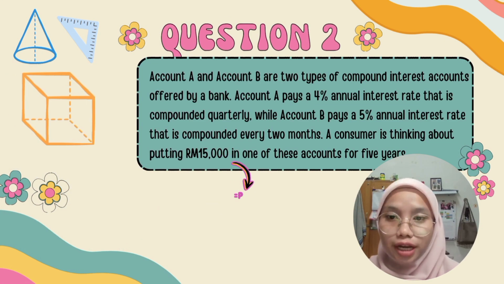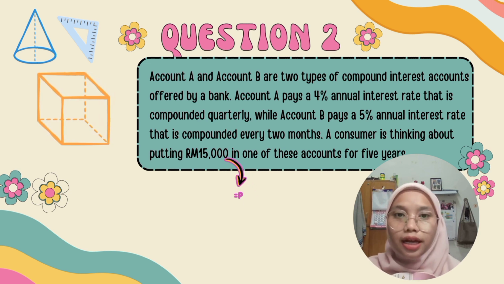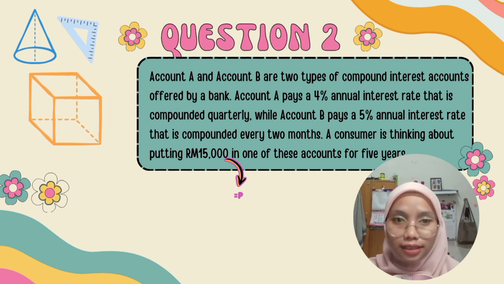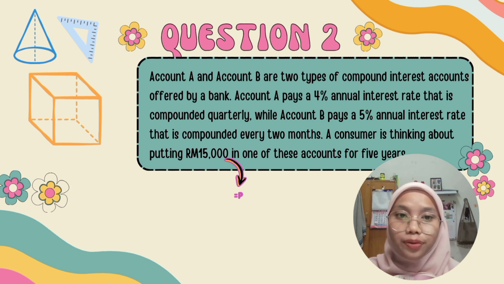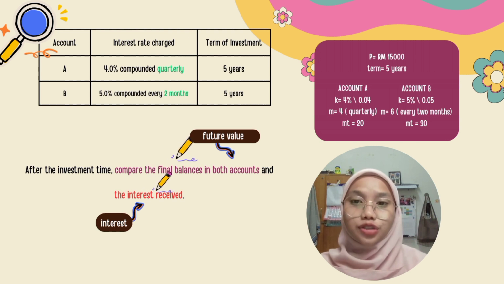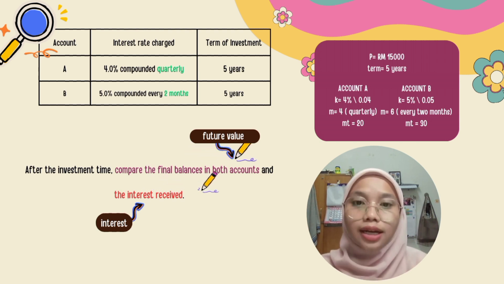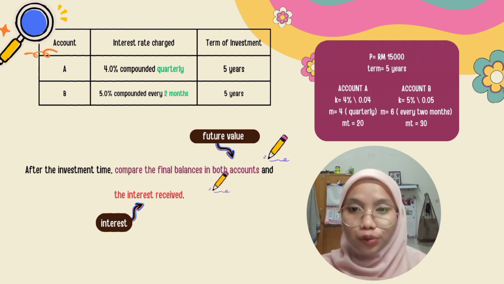So for question 2, account A and account B are two types of compound interest account that are offered by a bank. Account A pays 4% annual interest rate that is compounded quarterly, while account B pays a 5% annual interest rate that is compounded every 2 months. A consumer is thinking about putting RM 50,000 in one of these accounts for 5 years. The table above shows us all the information that we should know, and the first thing we should do is compare the final balances in both accounts,